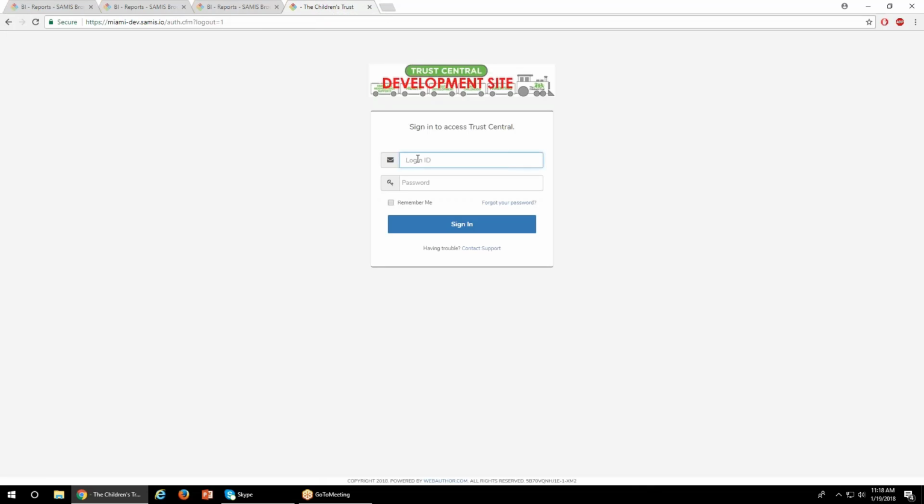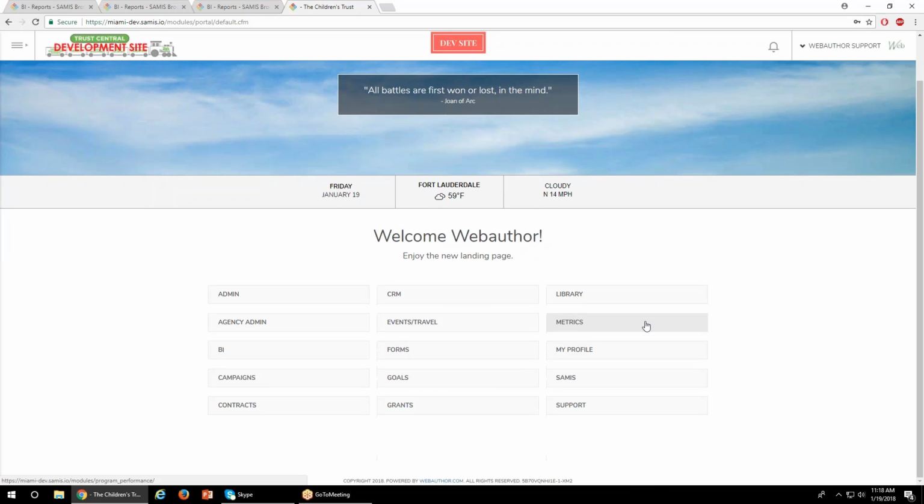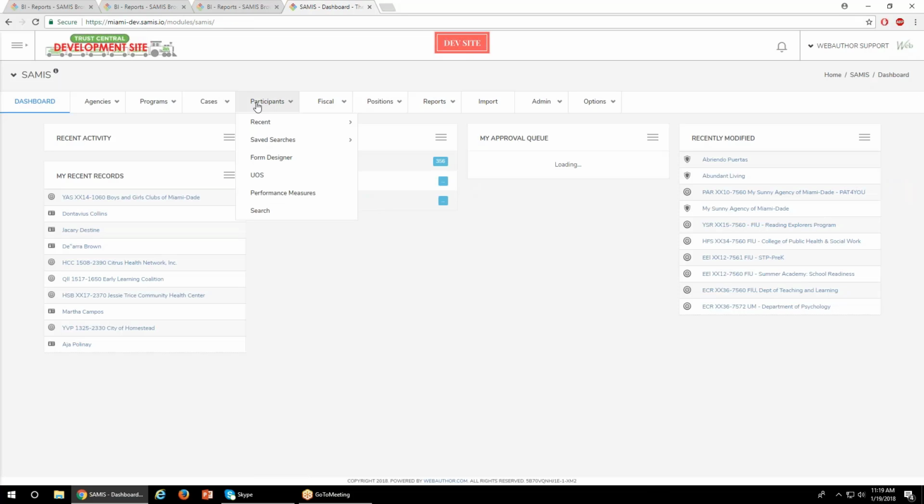I want to show you here what we're doing with bringing some of that into SAMIS directly. A lot of times, when users experience things, we talk about how we make the experience better for folks. When you're in SAMIS, we always say, I want to see the data where I'm at. I don't want to have to go to another place and figure out what kind of filters I want to run on before. So one of the big improvements we did with SAMIS 2.0 was that when you click on, for